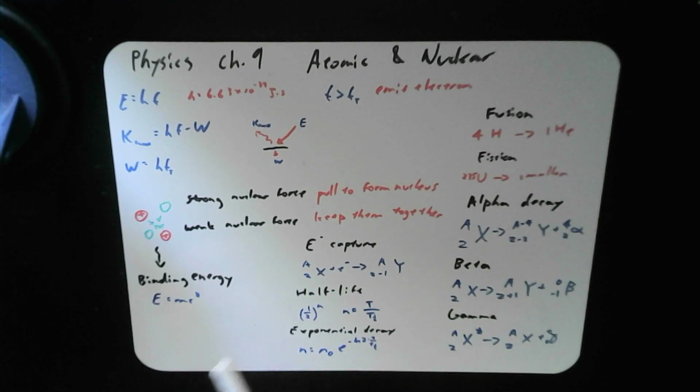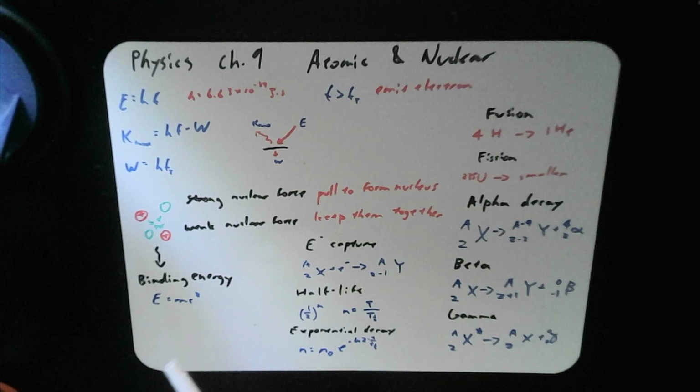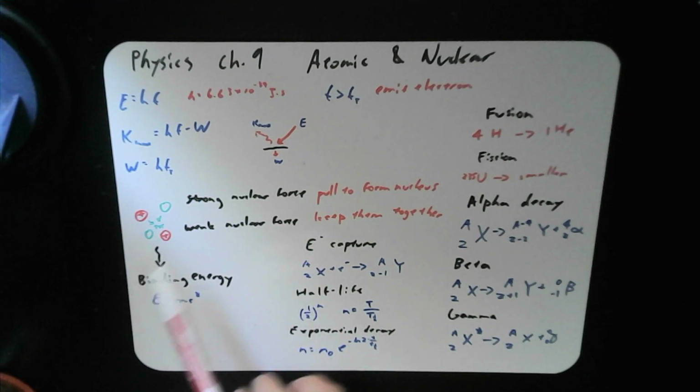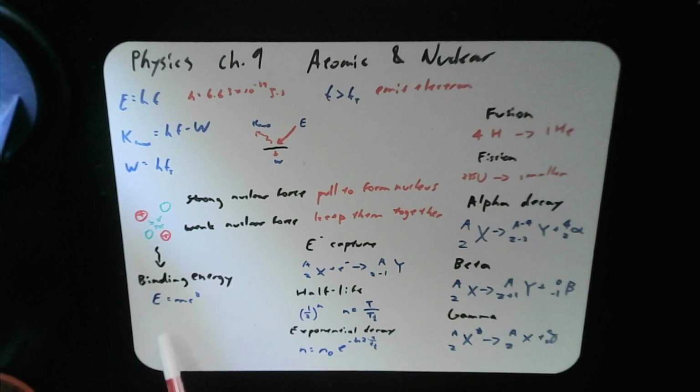Now, the next concept is the strong nuclear force. The strong nuclear force is when a nucleus is formed from protons and neutrons coming together, and protons will have repulsion pushing away from each other, right? Because they're the same charge. So there's a strong nuclear force to try to pull them together to form the nucleus, because it's an exothermic process. So that binding energy that comes off of it is described by E equals mc squared,